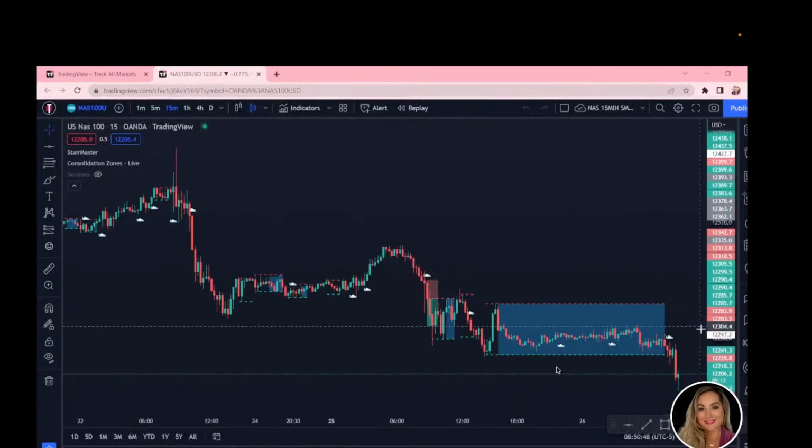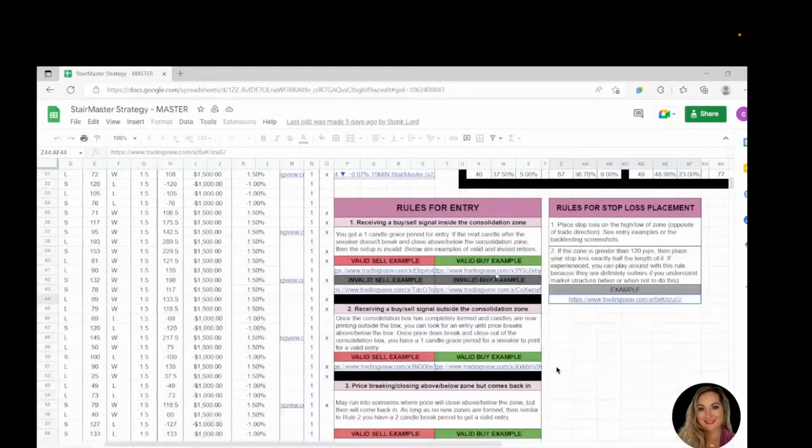It needs to just be in this price range, and it needs to be the most recent consolidation zone to the left of the sneaker that you are looking at that prints. When this happens, you get a 1 candle grace period for entry. If the next candle after the sneaker doesn't break the close above or below the consolidation zone, then the setup